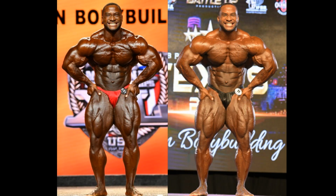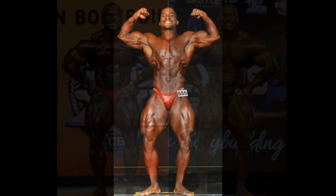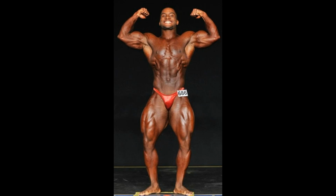And here's a nice little brouhaha of a pose. A nice little hands on hips. Squeezers. Measers. It's a good one for sure. I like this one. You can see the improvement on the delts here. Even more rippled. His muscles are so muscly. For sure. But anyway, guys, all foolishness, all jokes aside, he has turned this quality physique,